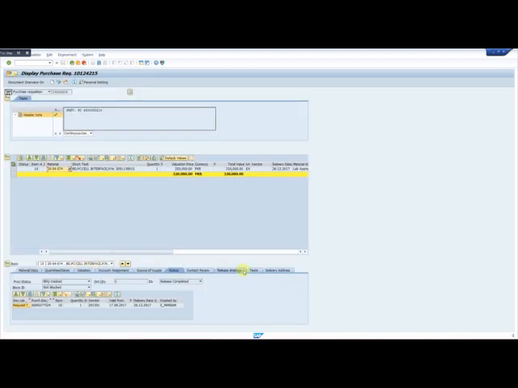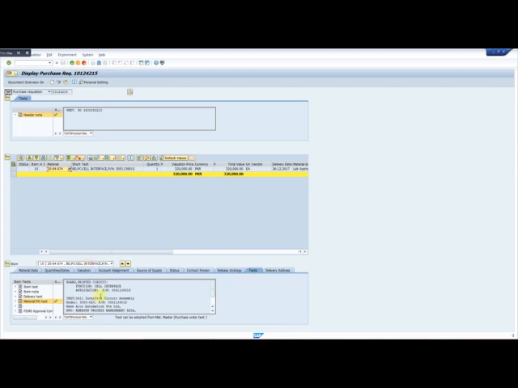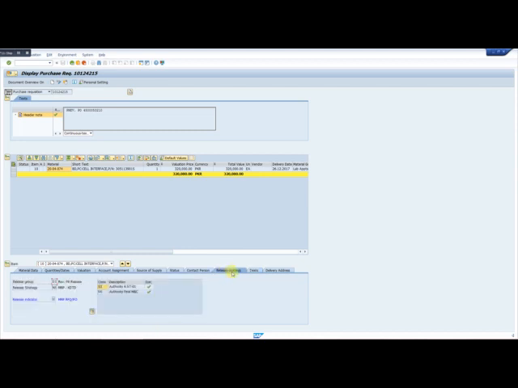We can also see the specifications here as text. And looking at the status of this PR, it has been released from both statuses. So this is how we can check the procurement status from the PR. Thank you very much for listening.